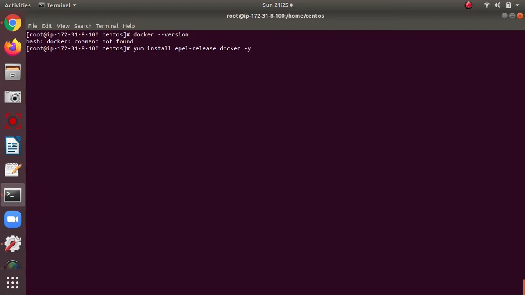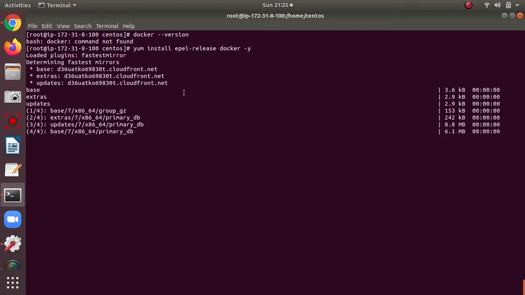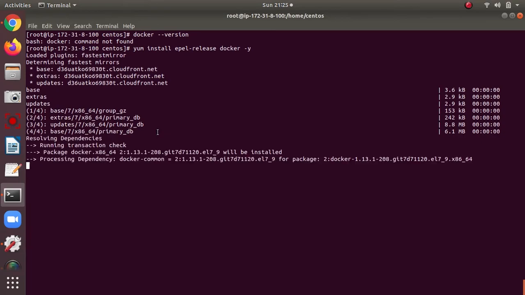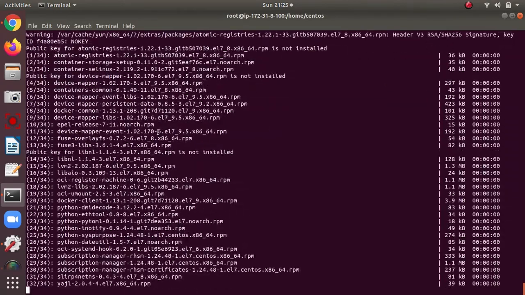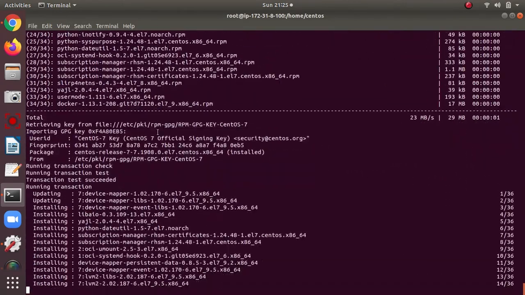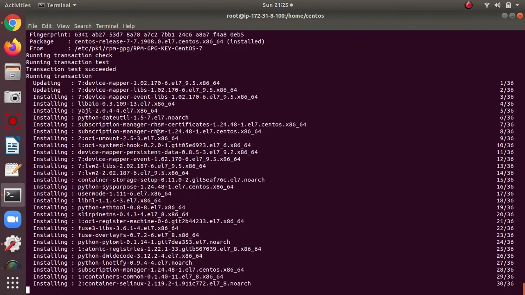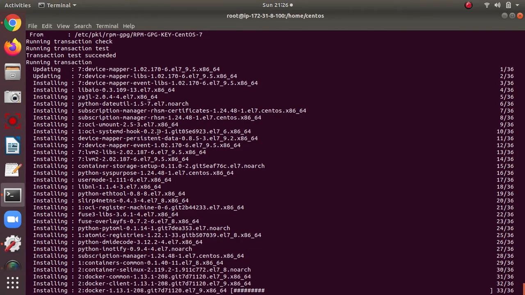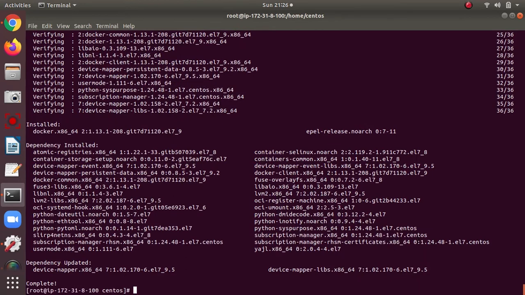After I hit enter, it is installing all the packages, and after that we need to start the service if it is in inactive mode. So we also have to check the status of the Docker service. If it is not started, then you have to start it. I think it is already done.